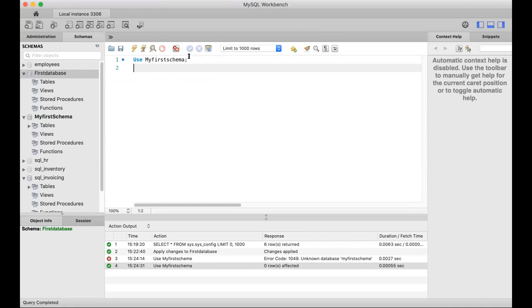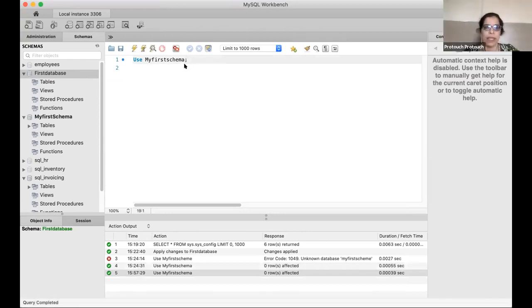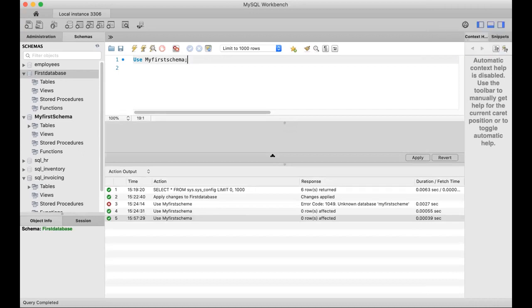Okay, so this is where I had left this. I'm saying here use my first schema. Okay, so this has enabled the first schema. Now this, if we understand as an interface, this is your query area, which is where you're writing the query. This will show you about your schema and details about that. This is more like your help window, which is less used. And so I said this can be smaller. And the lower piece, action piece, is where